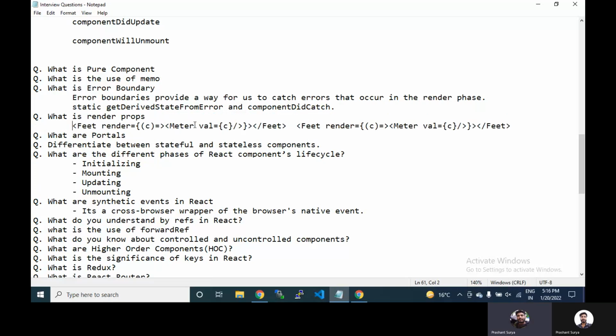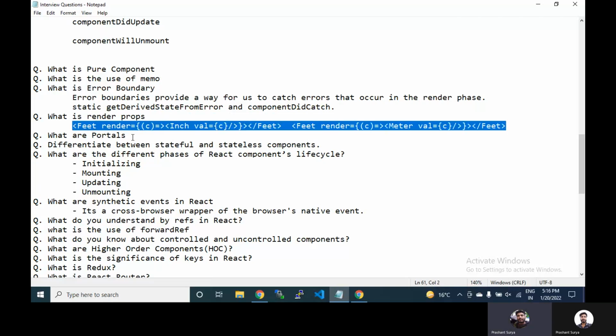We have just created the inch. So we have created the render props for feet, and we have executed the render, and then inside the render we call the inch, and same feet is there with meter.